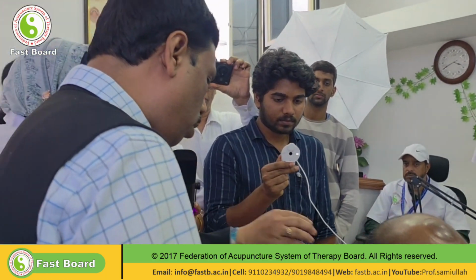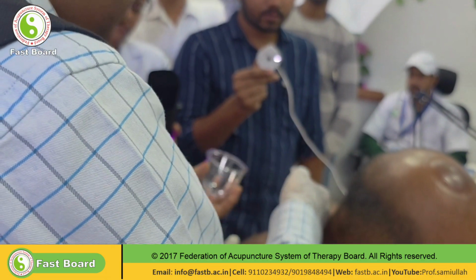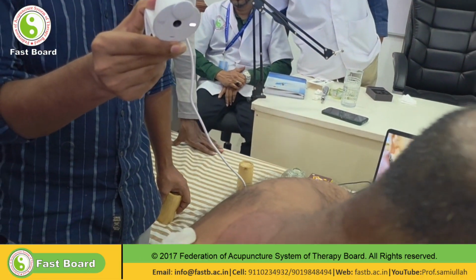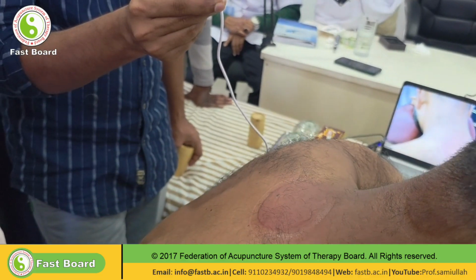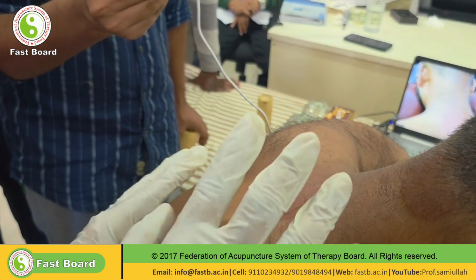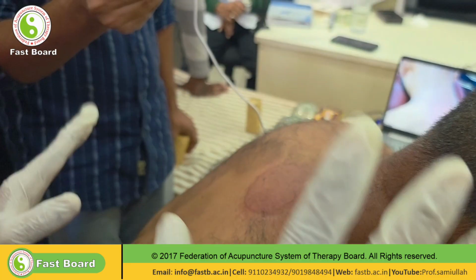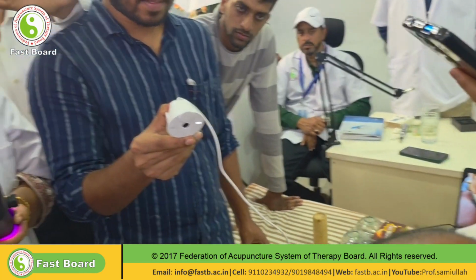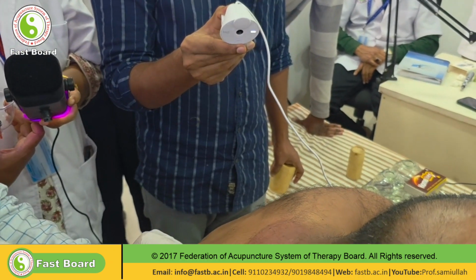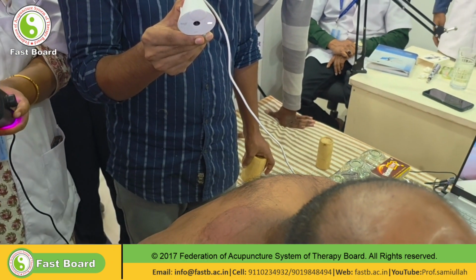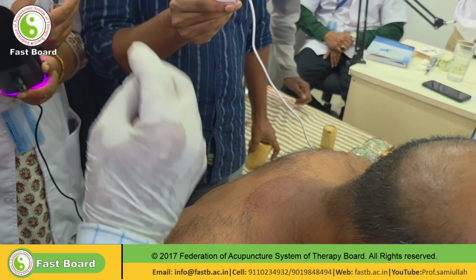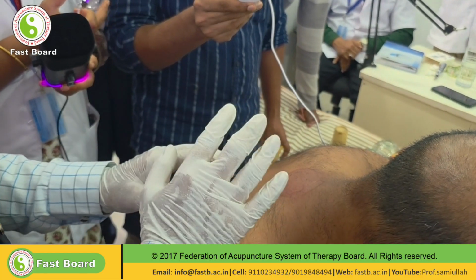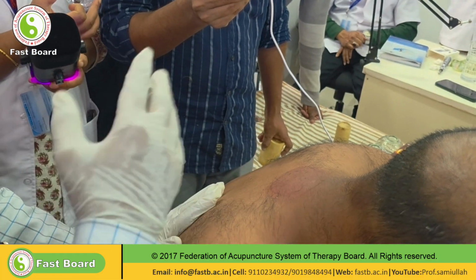Now you just open the valve. Now air enters and slowly the cups come out. Now you can look at the discoloration of the skin, but it is not that great. There is not a lot of sedimentation or stagnation; it is very mild to moderate, not a big problem. When we do the wet cupping procedure, the blood will not come out drastically, maybe only 2 ml or 3 ml. That itself is quite enough if you are doing it monthly or every 3 months.